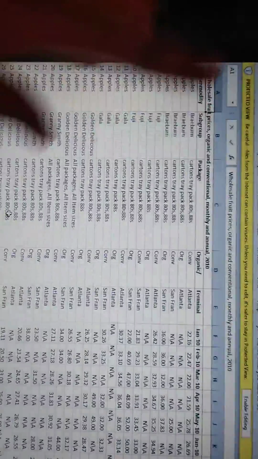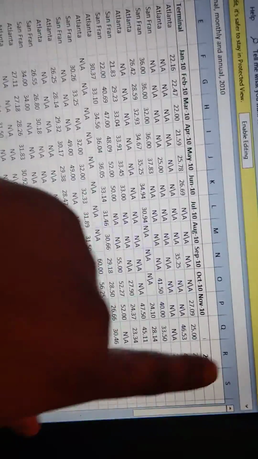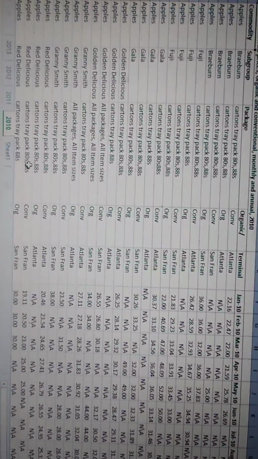It's a list of 62 values for the year 2010 of all the fruit prices in San Francisco and Atlanta, both conventional and organic. As you can see in the data set, you see some quantitative and qualitative values for 2010, all the fruit prices for the 62 total, 31 for Atlanta, 31 for San Francisco, and the fruits. From this data set, I created 2 Excel spreadsheets